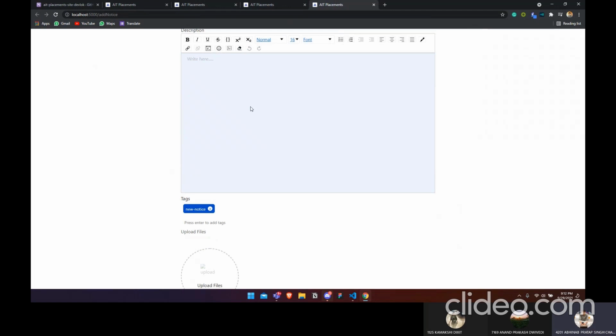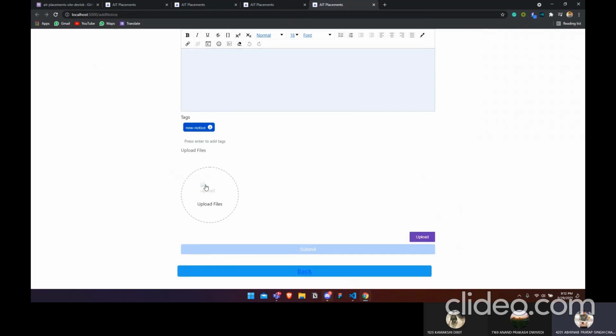But this is for the unnecessary details, like the details that come in through the messages, the mails. That is necessary, but is not templated into any sort of info. Here we have some tags that can be added in for the search, and you can also upload attachments to the TPO if you want. If there is any PDF file, the question statement, problem statements, anything, it can be uploaded here. There's a submit button where you can submit the whole idea and it will go.